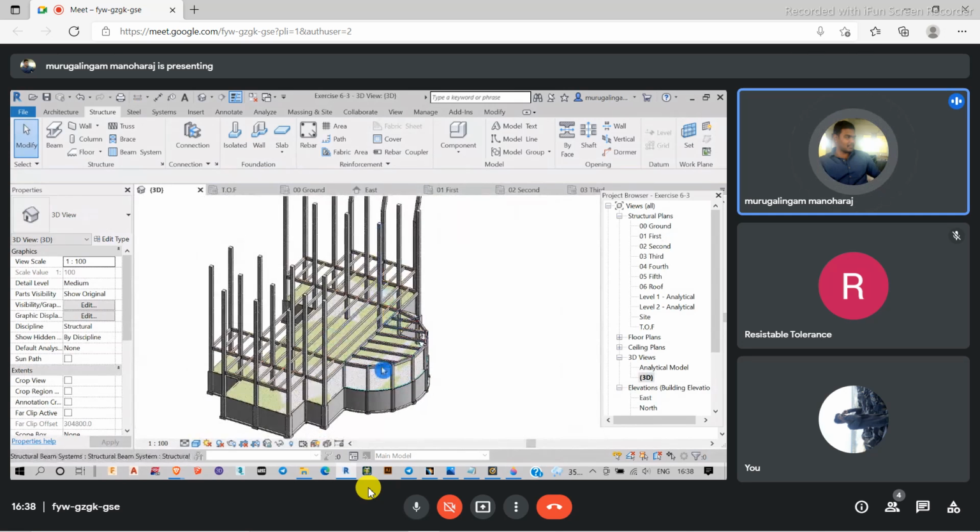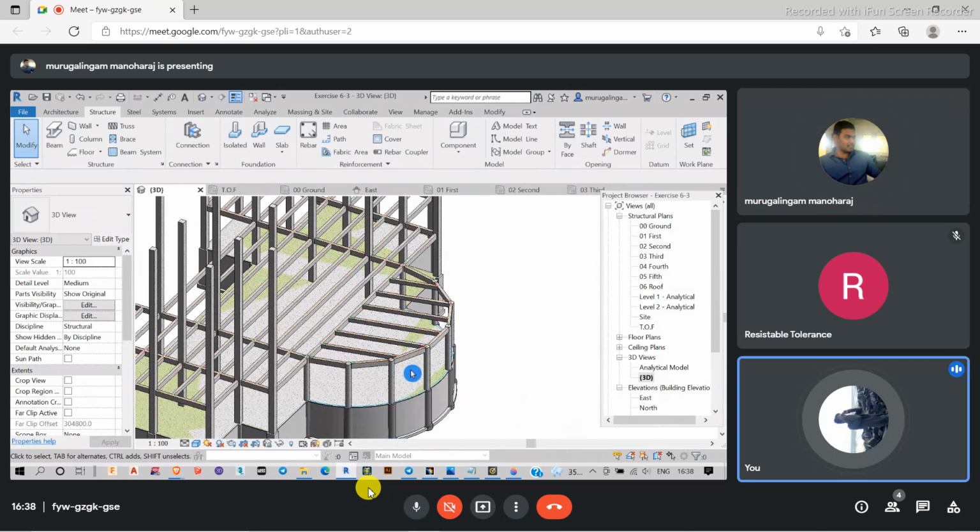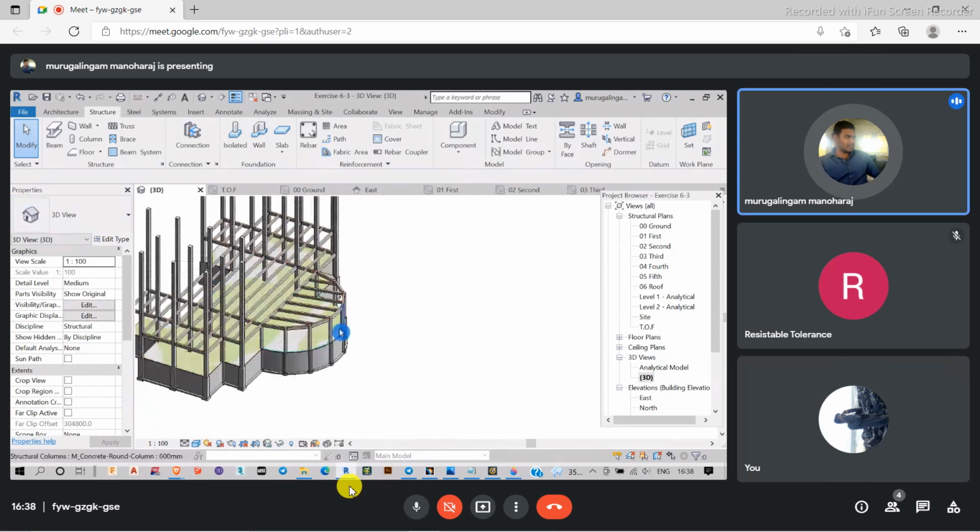So this is the beam system which I have created. Next, I have to raise it to the top levels. In Revit architecture, how do you copy these things? What I want is for the same system to get copied and placed on the second floor, third floor, fourth floor, fifth floor. The same thing is going to come from bottom to top. In what way can we copy them?